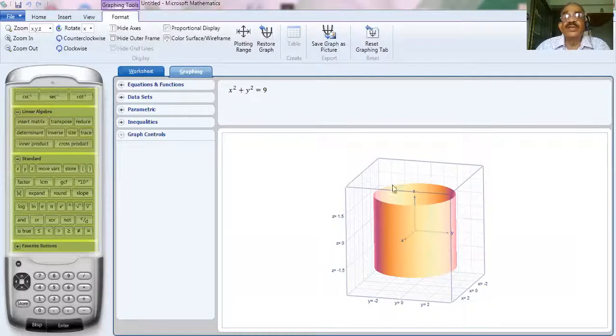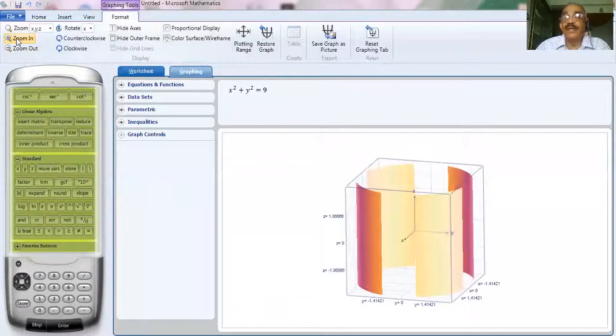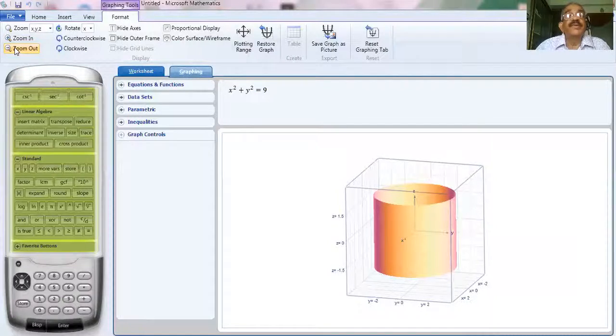Yeah, this is the equation which we have. This is the solution of the equation that is plotted in 3 dimensions: x square plus y square is equal to 9. Now you see on the left hand side here, you can zoom in to give a better picture or zoom out, simple. Now here you have rotation option. So